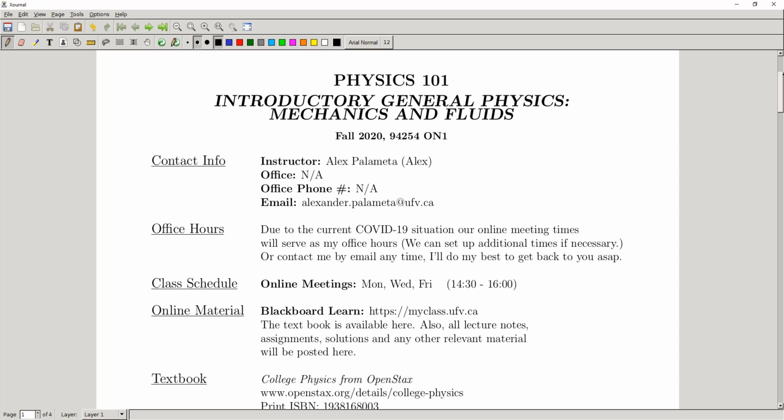But just be aware that the course is primarily online, and all the content will be available to you guys to watch and interact with whenever you want to. So videos and lecture notes. In addition to that, we're going to have meeting times through the video conferencing app in Blackboard every week, Monday, Wednesday, Friday from 2:30 to 4. Those meeting times are going to serve as a problem session and question period.